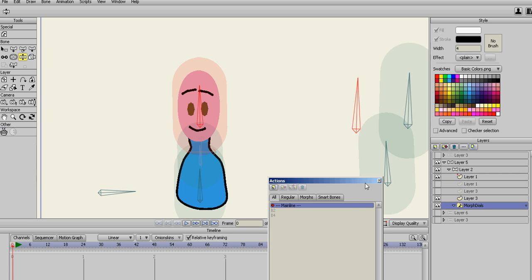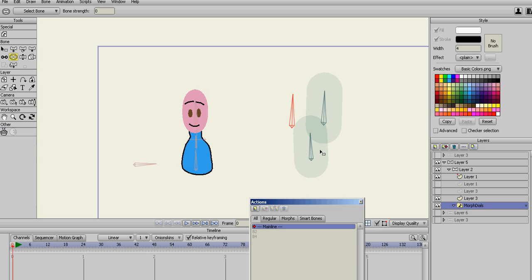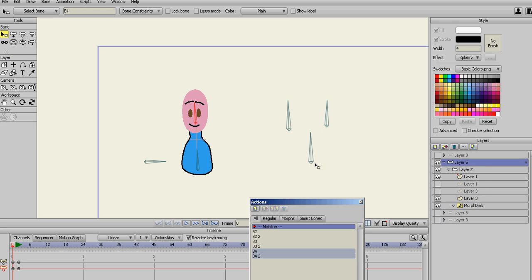Okay, now I got bone strength here I don't need. But I've got, let's see, one that's labeled mouth. Let me select another bone. I'll show the label on that. Eyebrows. And let me select eyebrows, semicolon, mouth. And they're slaves to this layer. And the way this is done is I've got